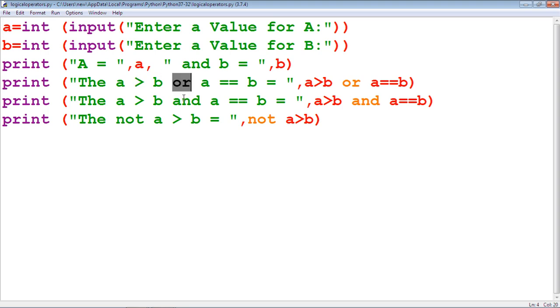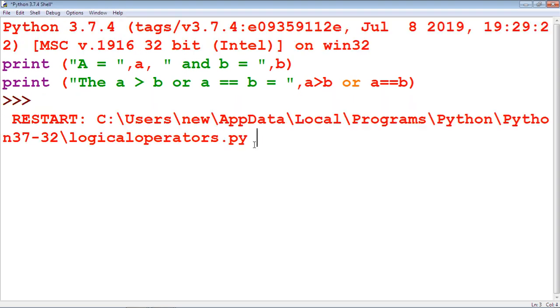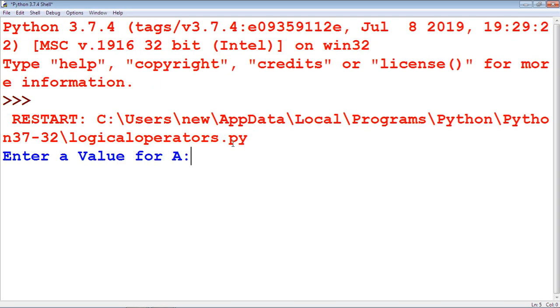This is the logical OR, logical AND, and the last and final one, logical NOT. The result is: A value 100, B value 10.